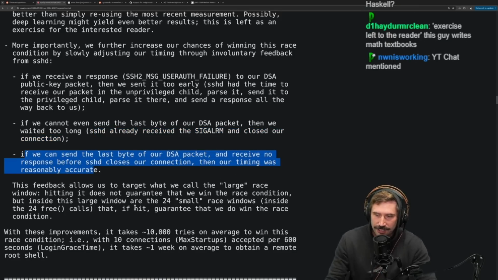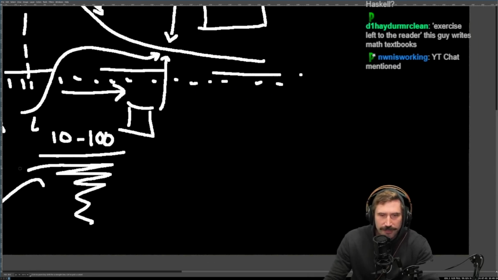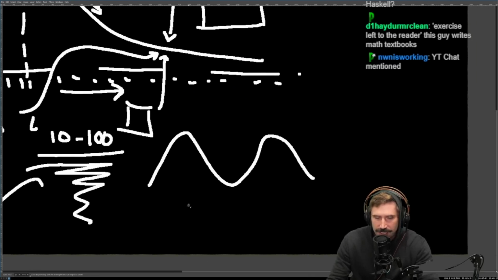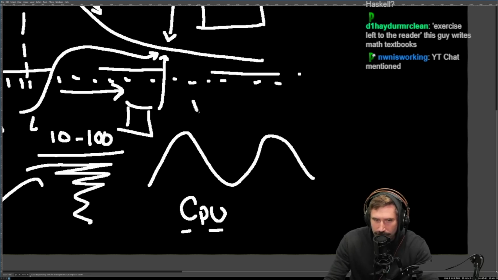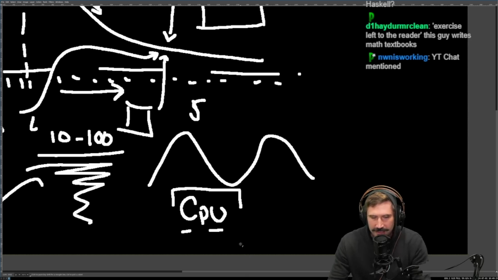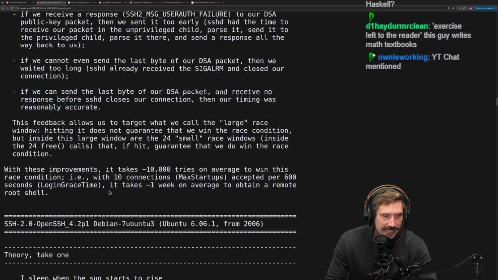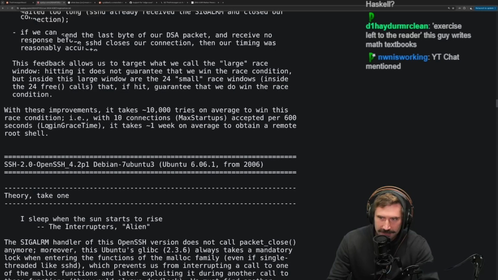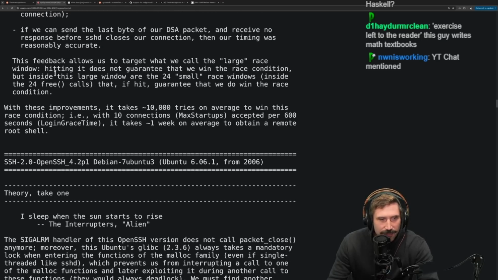Interesting. Okay, yeah, because you're not only facing network variations, you're also facing CPU issues. Just assuming that you may have all sorts of different problems, right? What happens if they're in a shared environment? There are all sorts of variations of timing on top of this. That's crazy. This is crazy. This feedback, this is so cool.